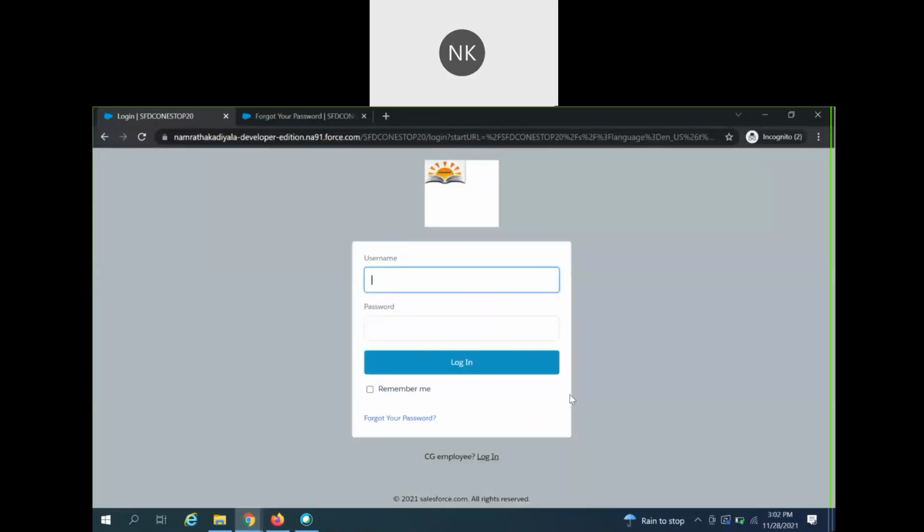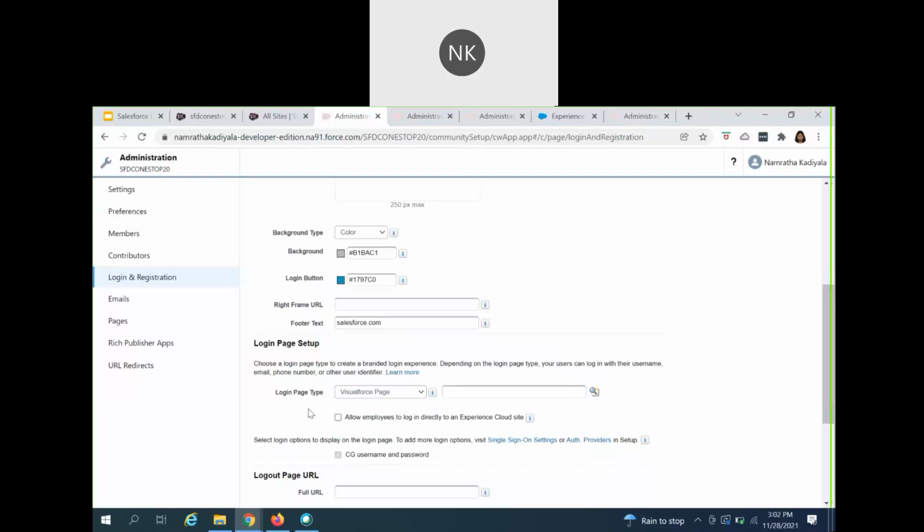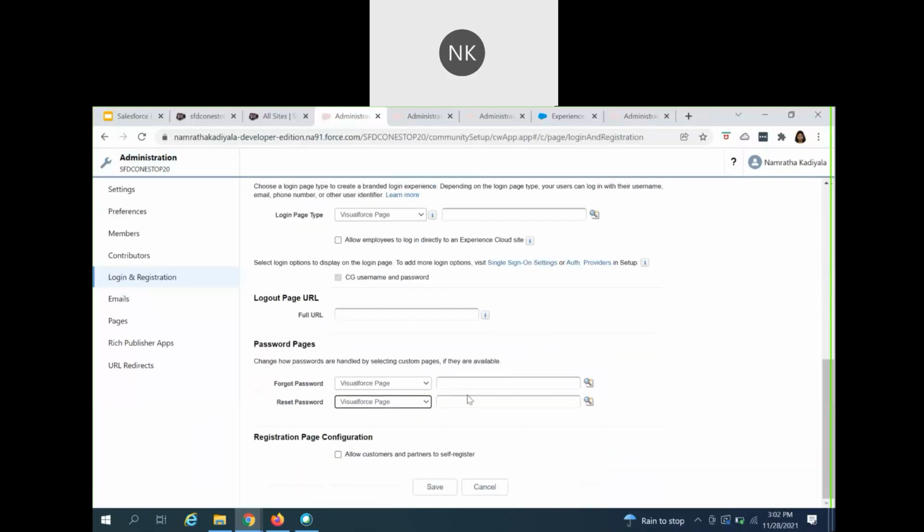If you wanted to make slight modifications or any further modifications, you can very well go ahead and do it, but that requires a customization. Once the customization is completed, you will have to come to the login and registration page here. Login and registration under the administration, choose the Visualforce page, and you can change your login type. And the same is possible for the forgot and the reset password.